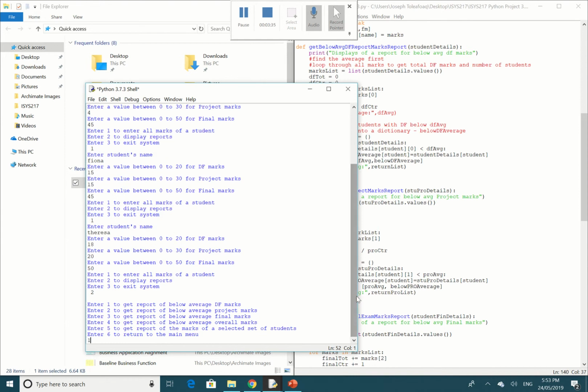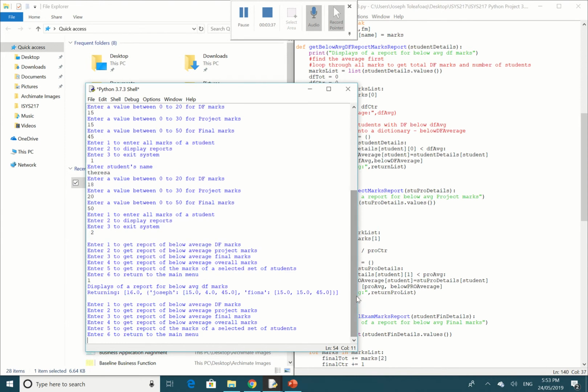So if you hit option 1, that'll give you the results for anyone that's landed below the average. So I haven't scored as high once it averages out against all the students there. Total average is 16. But obviously myself and Fiona have shown up now because we've scored below what the average is. Now if we choose to put another option,